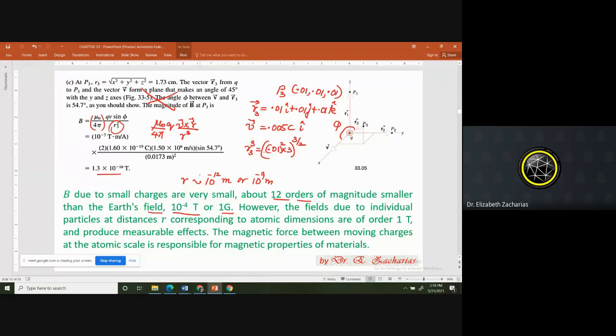and it is this magnetic field that you're able to see at the atomic level, which is responsible for magnetic properties of materials. You say some material is ferromagnetic, you say something is paramagnetic, something is antiferromagnetic. I'm sure you've studied all these words, okay? But all these things just come from this only. How a moving charge produces a magnetic field. And that magnetic field for a point which is very, very close to it, it is large. So it's able to influence another charge. And this influencing is what decides the magnetic properties. Okay, so with that I am winding up.